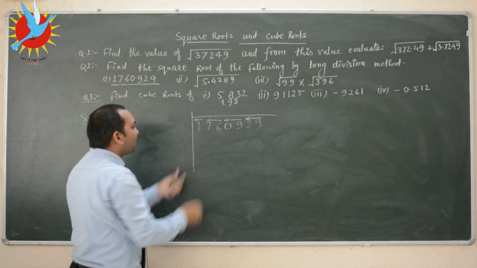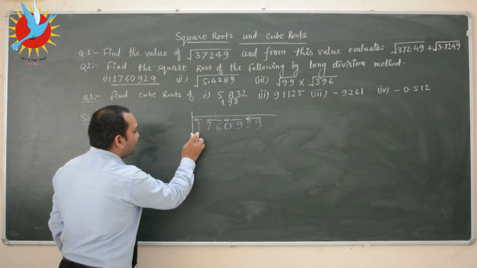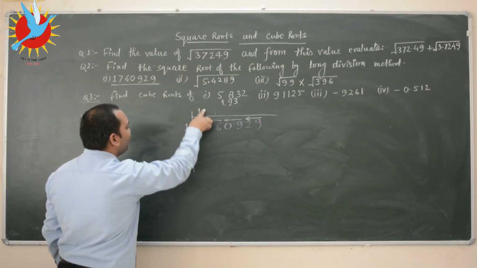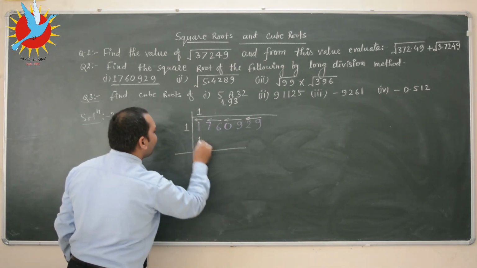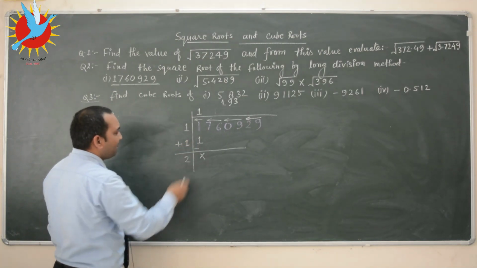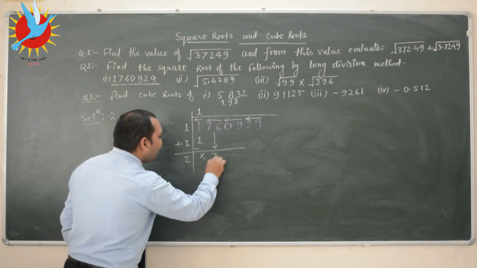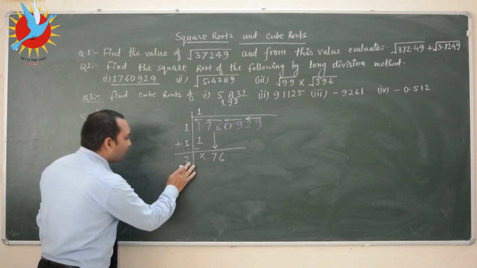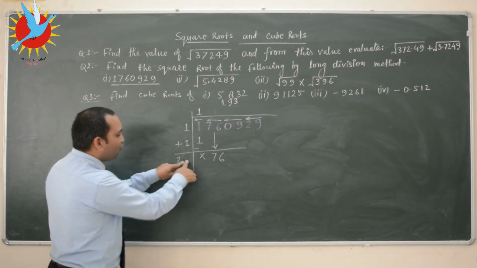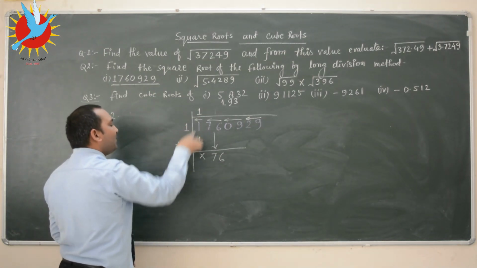So 1 is unpaired. So by which number we multiply, the result is 1? So 1 itself multiplied by 1, 1 into 1, that is 1, and after the subtraction this is 0. We add 1 plus 1 is 2, and here we bring down the pair of numbers. So the pair of numbers is 76. Now which number we write here, right side of the 2 and itself multiply, that number we write here, and by the same number we multiply.